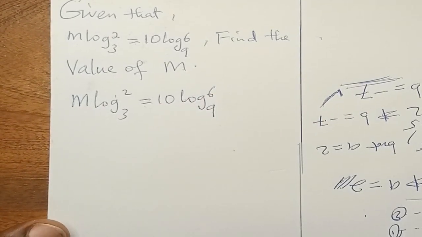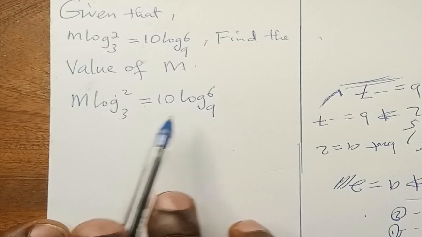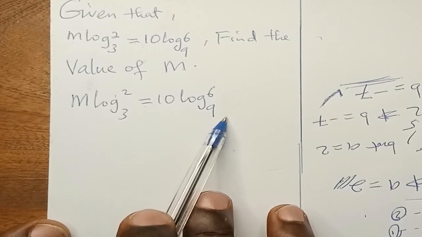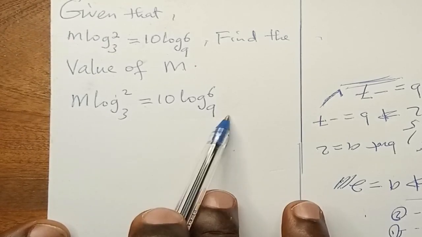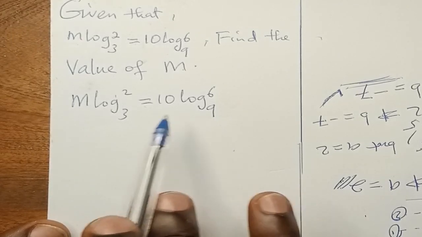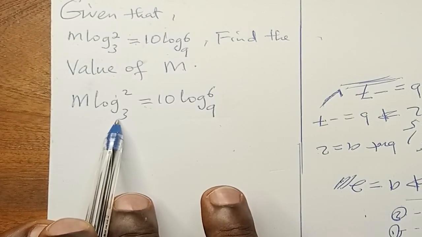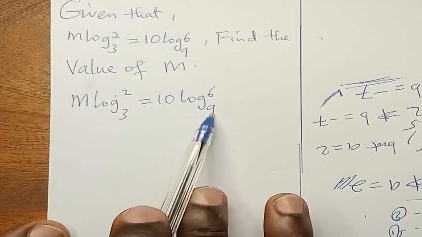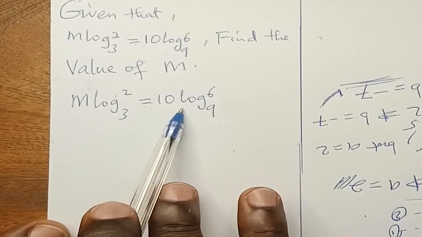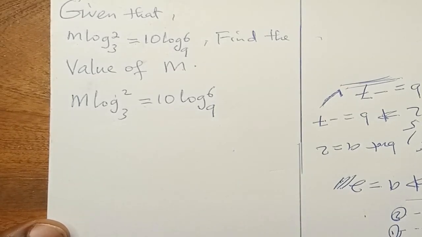If we look at this expression, we are going to see that these two sides have the least base, which is here in the power of 2. This one is a higher power, so we must make one side resemble the other. In other words, we need to express this side to have a similar base to the one on the left hand side. We can still have log to the base of 3 on one side here. So we are going to have m